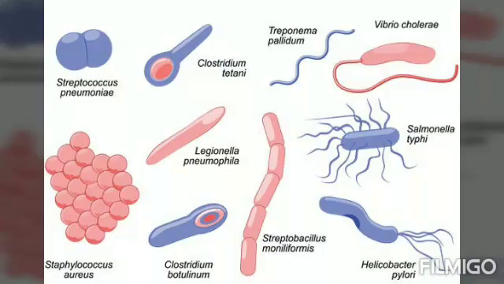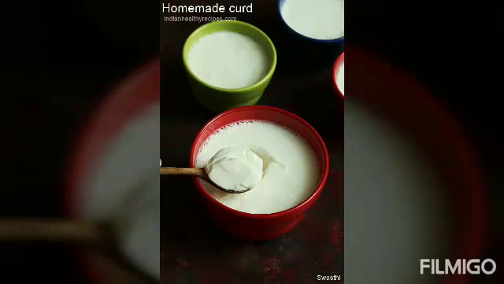So we have learnt about the structure of the bacteria and the shapes of the different bacteria. Now these bacteria, some of them are useful in nature and most of them are very harmful. So first we will learn about the beneficial bacteria or the useful bacteria. So let us know how they are useful to us. The first type of bacteria is the lactobacillus.